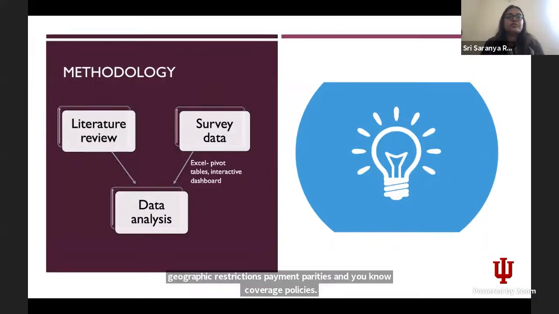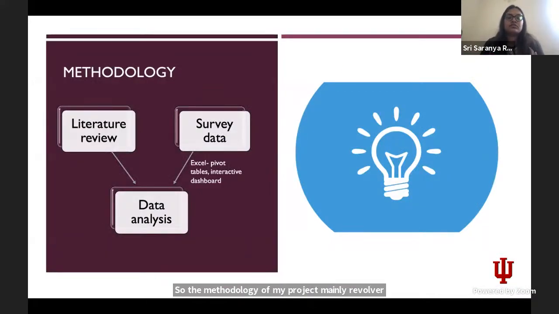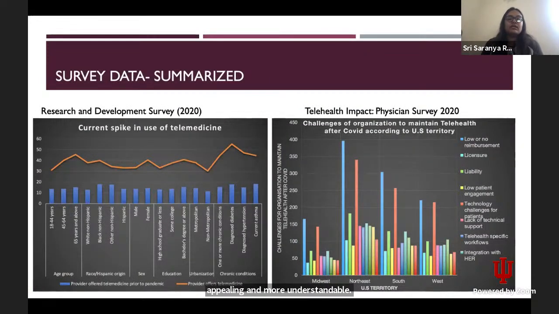So the methodology of my project mainly revolved around literature review and the existing survey data. And the survey data was further organized and summarized in Excel with the help of pivot tables, and it was further converted into an interactive dashboard to make it visually appealing and more understandable. So I involved 2 surveys in my project. One is the research and development survey, which was conducted by the National Health Statistics, and the other is the